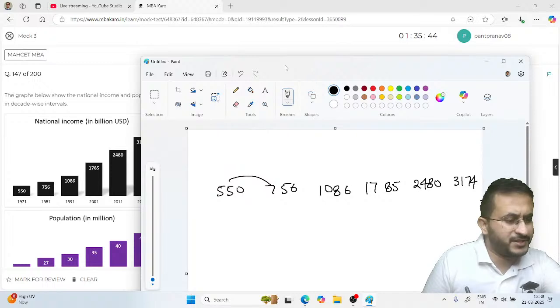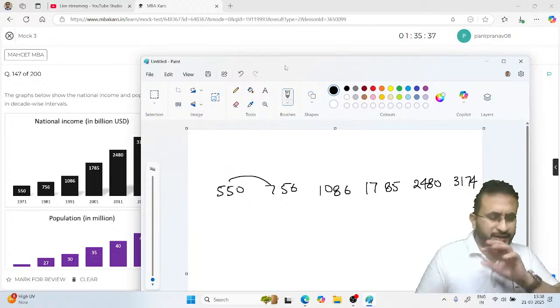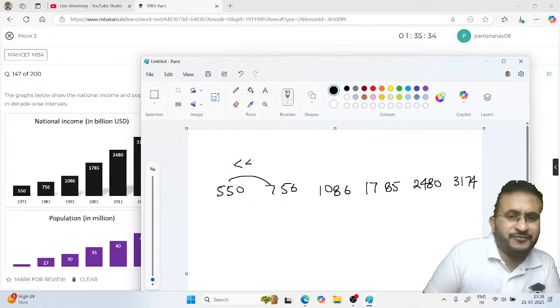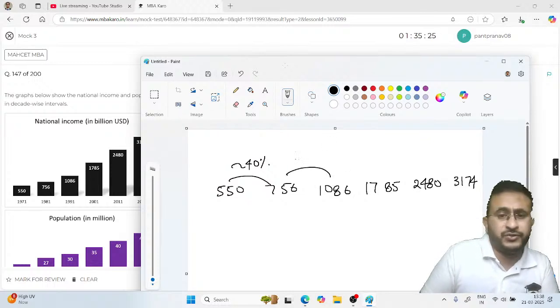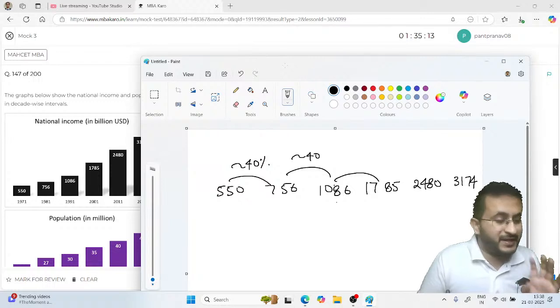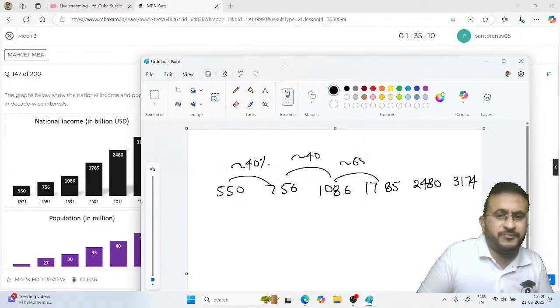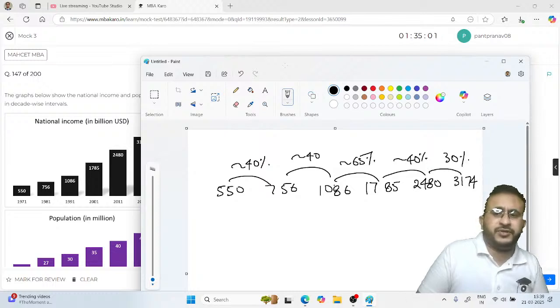550 से 750 कितना परसेंट होगा? 10% 55 होगा, दिस इज 400, सॉरी 200, लेस देन 40%। और अगर आप 40% भी मान लेते हो, अप्रोक्सीमेटली आपको होगा 40%, ठीक है। 750 से दिस कितना हो गया? 300 का इंक्रीज हो गया, सो यू विल से रफली 40% अगेन। Okay. Now if you see this, can we see 70%? 700 का इंक्रीज है ना। आप कहोगे कि चलो 1000 नहीं है, 1086, सो दिस इज रफली 65%। 700 का इंक्रीज है रफली 40%, ठीक है। दिस इज 700 इंक्रीज ऑन दिस रफली 30%, सो क्लियर कट दिस इज द हाईएस्ट।